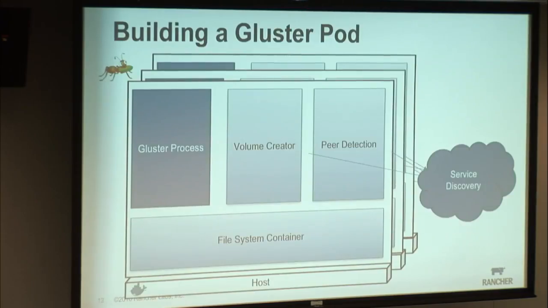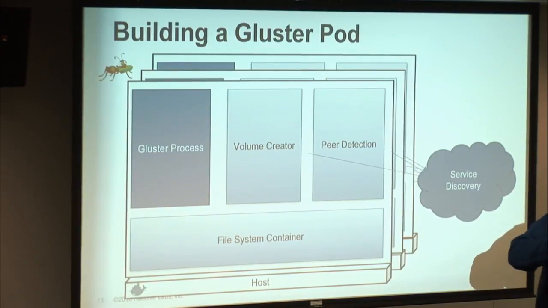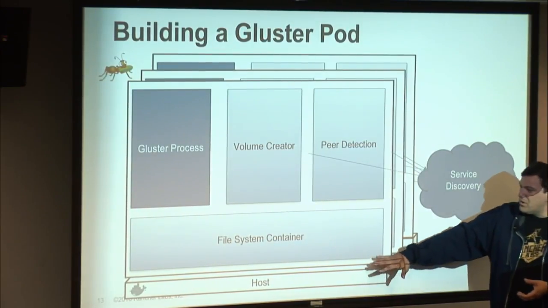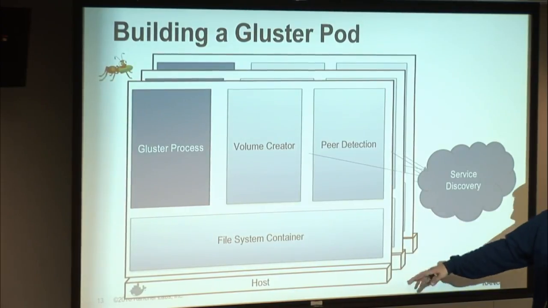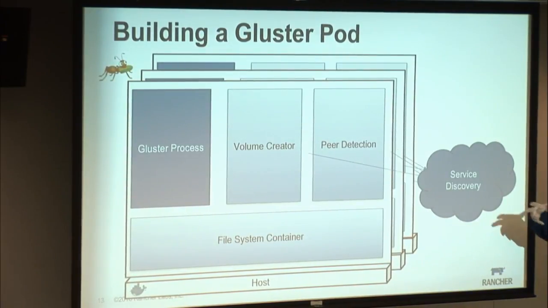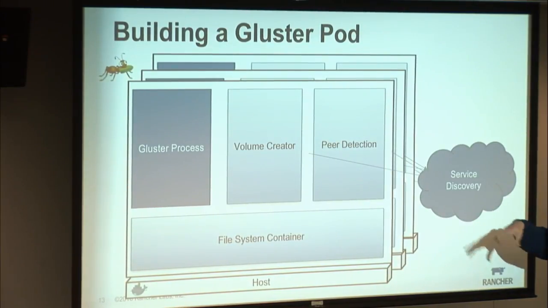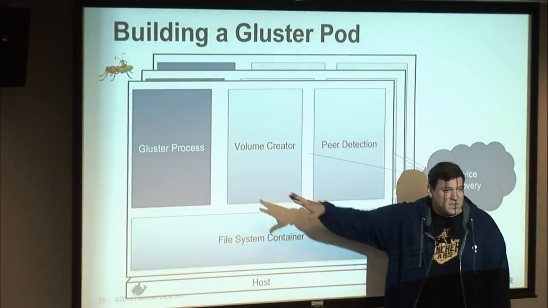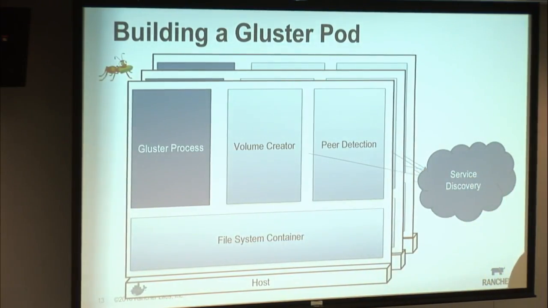If you jump to the next slide, Bill, as we jump into the demo next, we're going to use Gluster as an example of how to deploy these more complex applications that rely on replication controllers and pods and multiple services working together. To give an idea, when we deploy Gluster and bring it up on multiple hosts, on each host we're not just deploying the Gluster container, we're actually deploying 3 or 4 containers, all of which are basically slaves to this Gluster process, doing some configuration on it or setting up some component of the file system. Bill's going to walk through this in a little more depth and explain how it works and demo it.